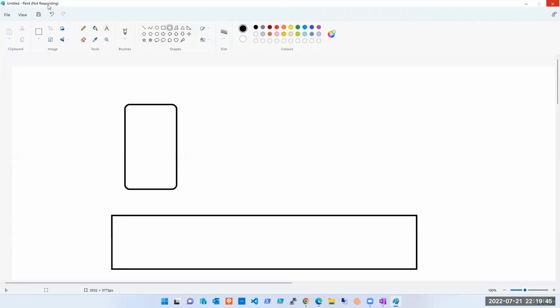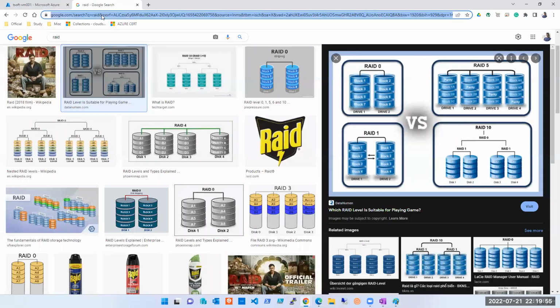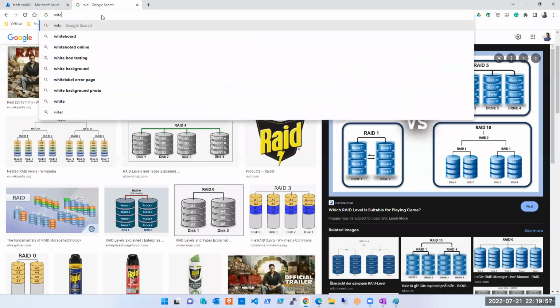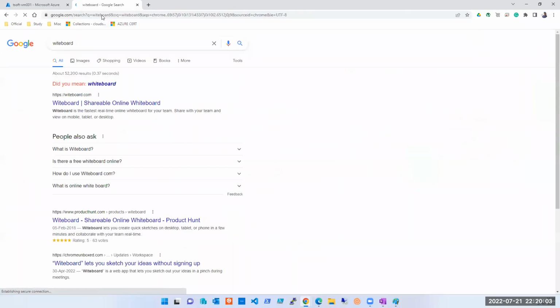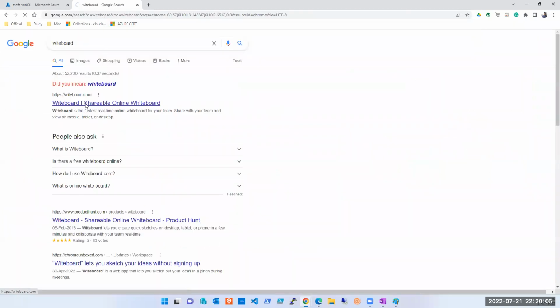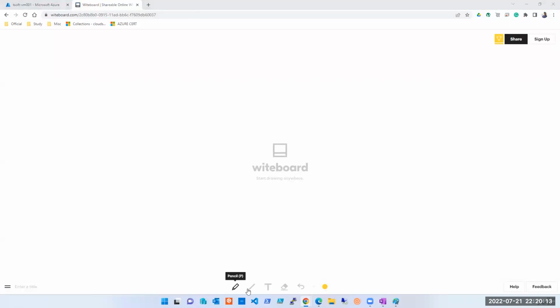It is not responding, the Paint application, so I'm waiting for that to come up. For some reason, I guess my computer is slow today.